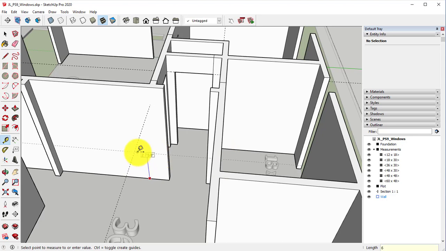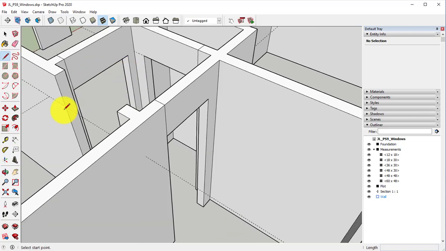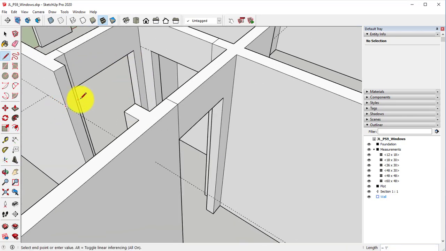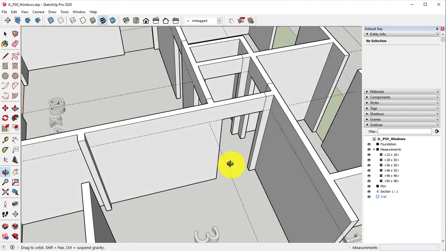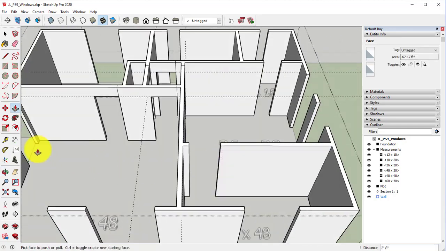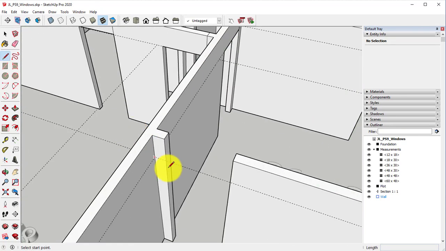So getting used to the keyboard shortcuts for any program that you're actually using is super important and is the main thing that will keep you from doing large things faster. So I'm going through here and just closing in all of these doors really quick,